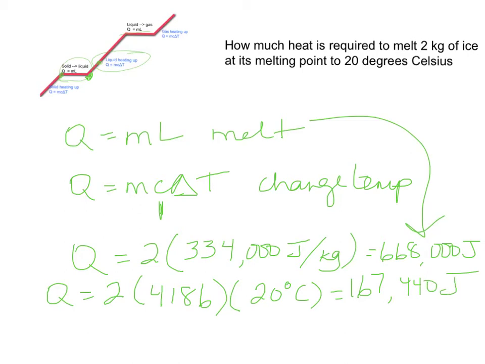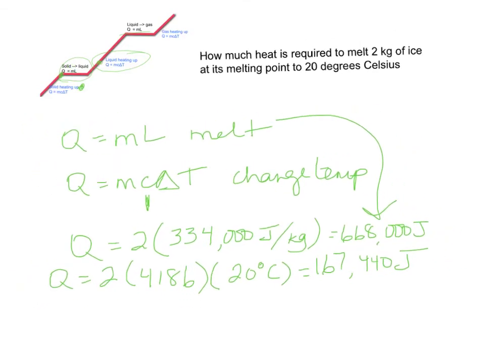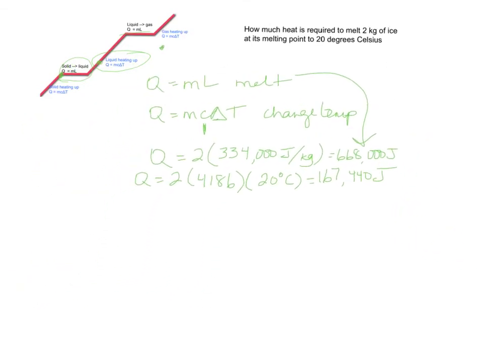Okay, so what do we do with these two numbers? Well, some of the heat was used to melt it. This is the heat to melt it. Some of the heat was used to change its temperature. So all together, we take those two heats, and we add them together, and that will give us the total heat. So add